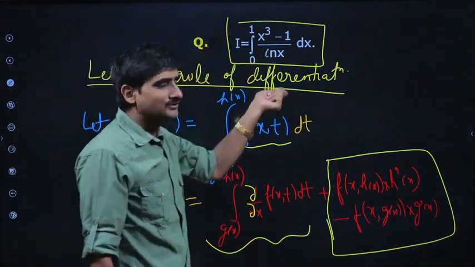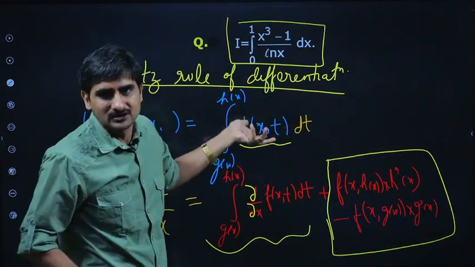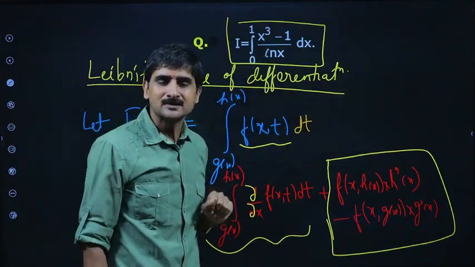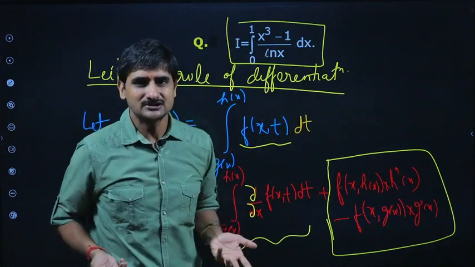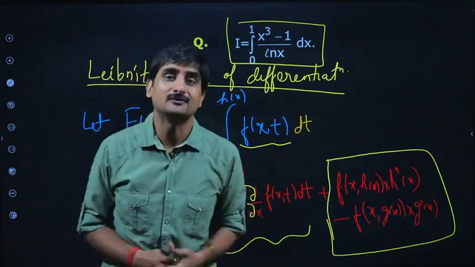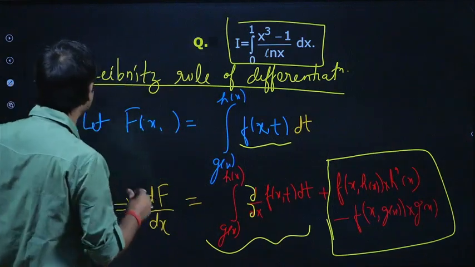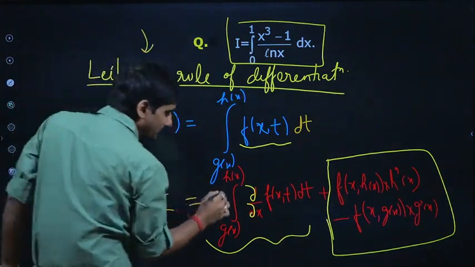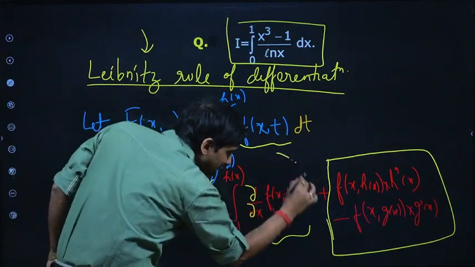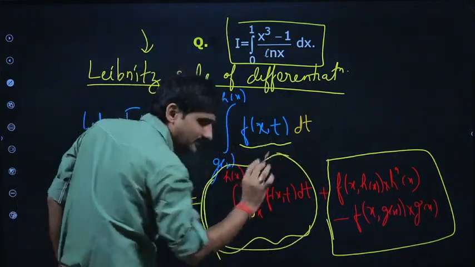Now the point is, you must be thinking where and how to use it, because that's not even a function of x. That's a constant, because x goes from 0 to 1. So that's a constant value, and if it's a constant value and we differentiate it, we will of course get 0. But there lies the trick. So that was the concept from which this portion is extremely important.